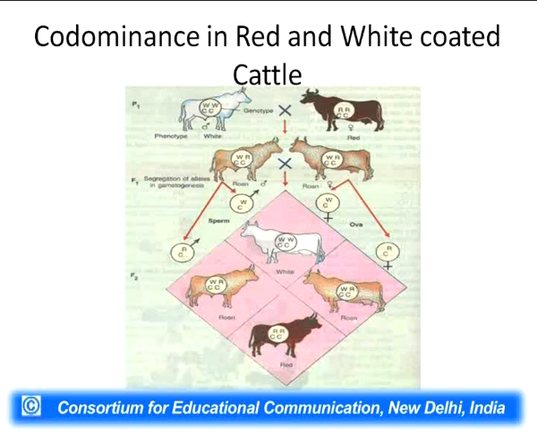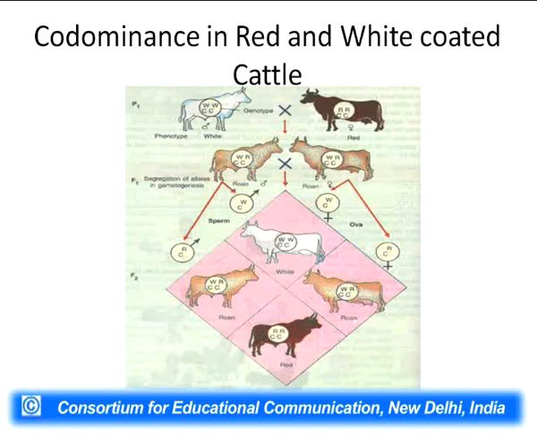And if these roans are crossed, again in the F2 generation we get white, red and roans in the ratio of 1:2:1. So, that means here the phenotypic ratio as well as the genotypic ratio of a codominant character is the same, which is 1:2:1. So many times while performing numericals, a child gets confused, because if we have been given a ratio